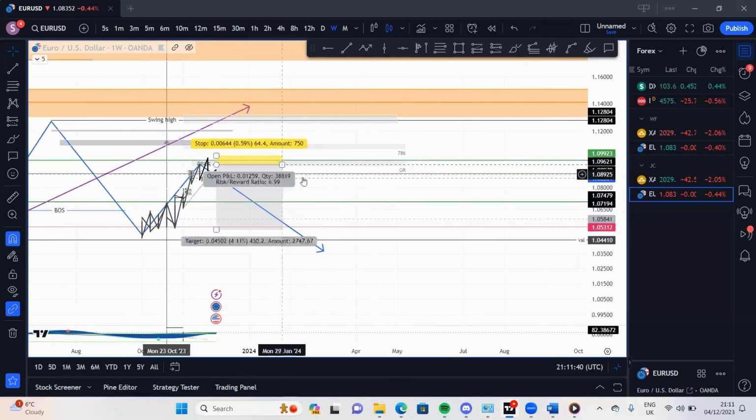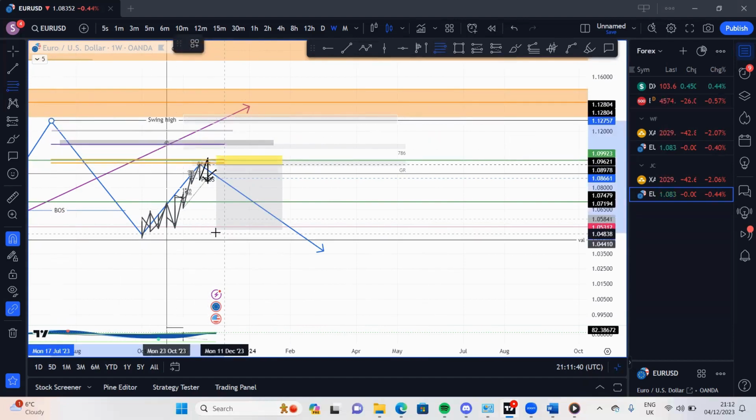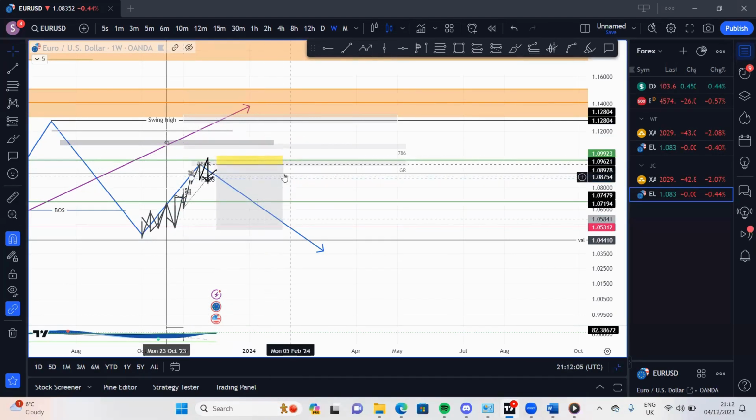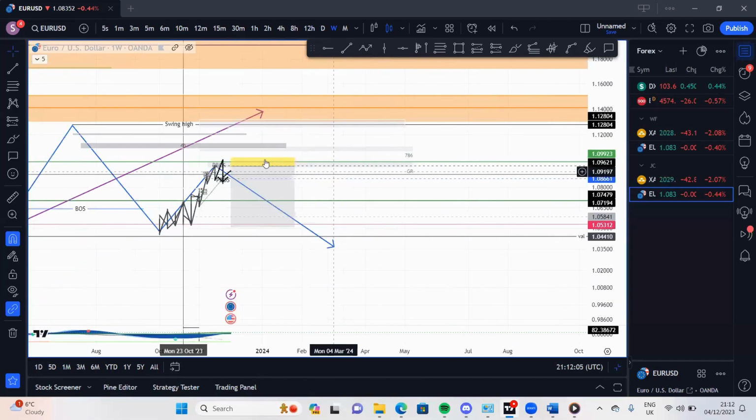But there seems to be a level of confluence right here at the golden ratio. Let's see what we mean by that. Well, the golden ratio, if we pull our fib out, it's at this level here. That's exactly where we see a confluence or potential interest where price is reacting from. So now we're looking at this level to see whether this is going to be the point where we